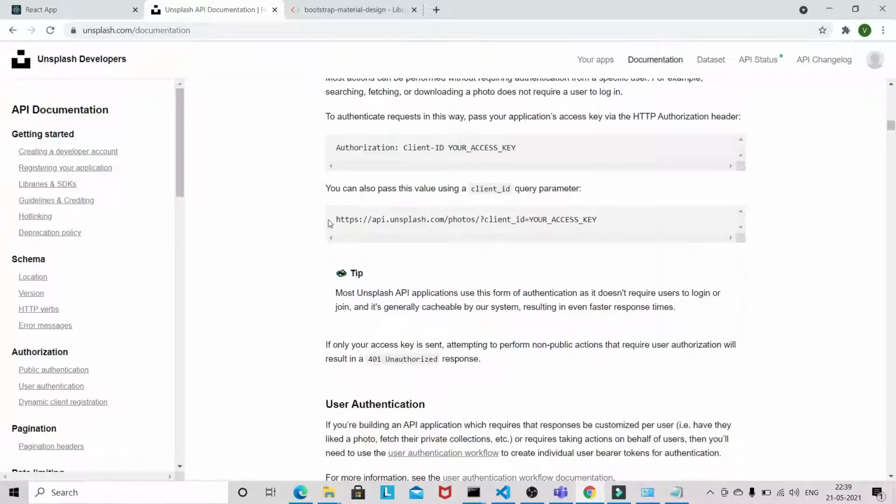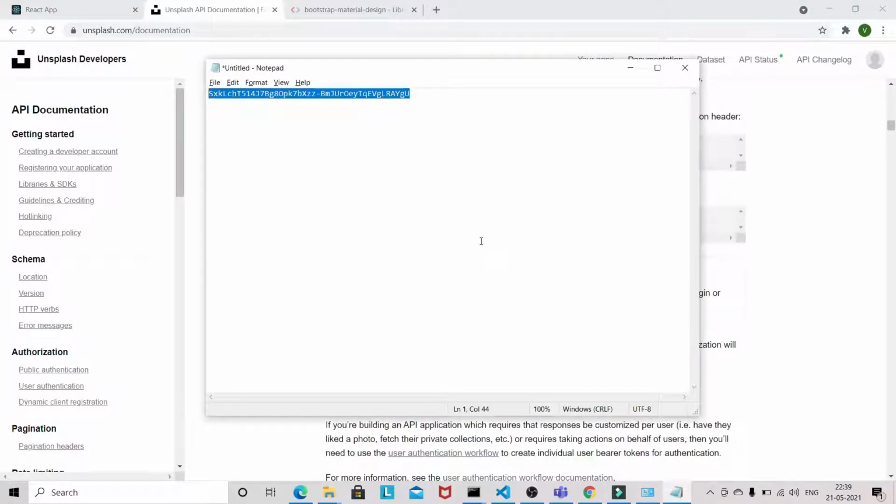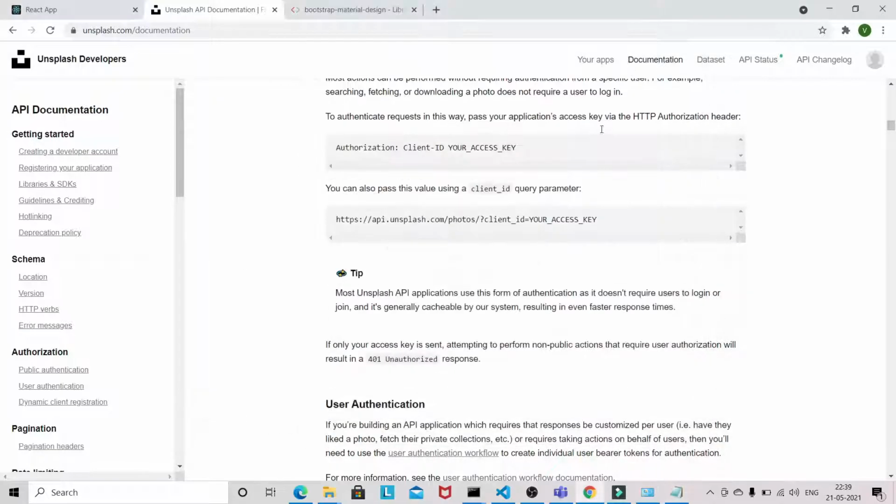For the random photo we are going to use this API, and we have to pass the access key which we copied at the start of the video.